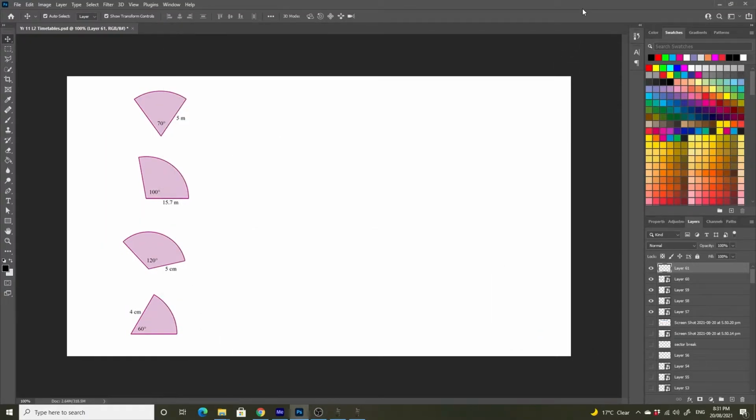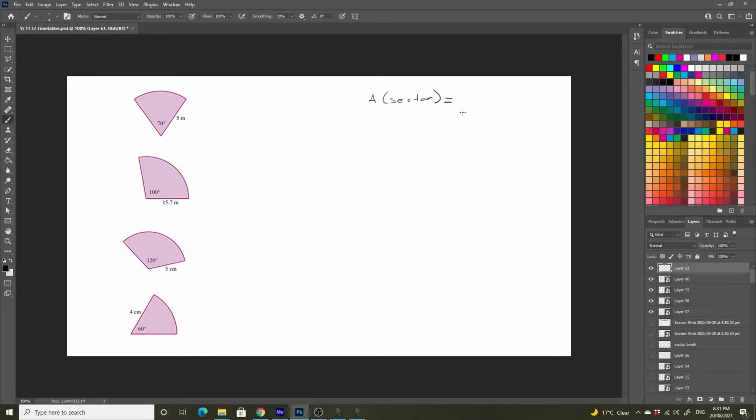In this video we're going to look at calculating the area of different sectors of a circle. So in previous videos we determined that we could find the area of a fraction of a circle by finding the area of the total circle and then multiplying it by the fraction. For the area of a sector,